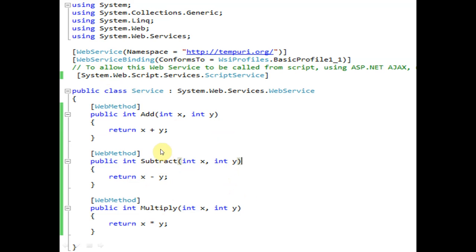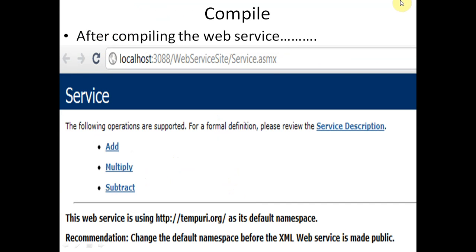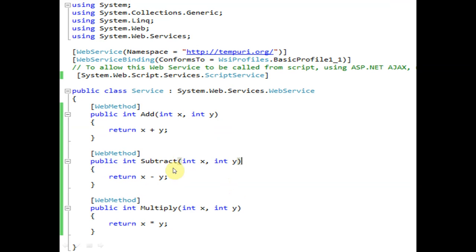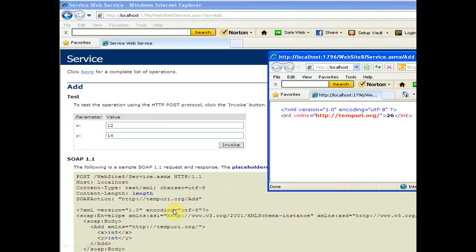And now how to execute this program. When we execute this program, we will find three tabs: add, multiply and subtract, one for each function. Accordingly we will have two boxes, and when we enter the values of x and y and invoke it, it will directly add 12 plus 14 and return 26.